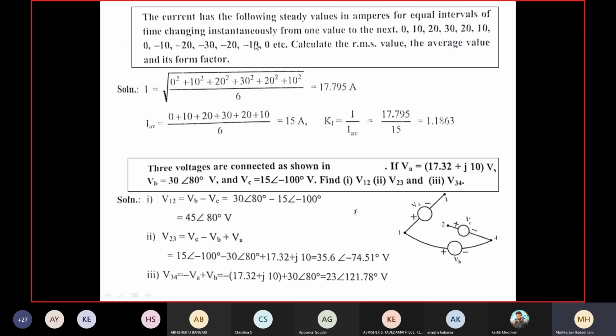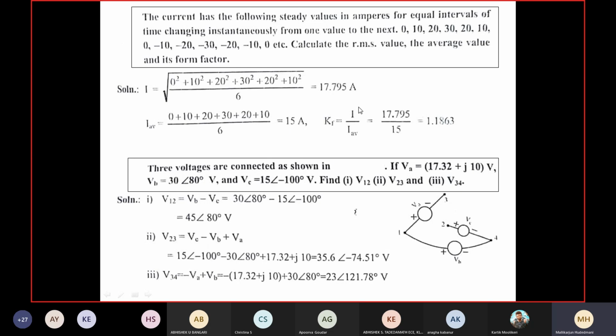So you have taken a complete cycle, but they have taken how much? Half cycle. 0, 1, 2, 3, 4, 5, 6, because there is a 0 here. So stop here. 0, you begin. Next 0, whenever it comes, stop. Before that, count them: 1, 2, 3, 4, 5, 6. 6 numbers we have taken. Square them, add them, divide by 6, under the root. That is RMS. Add them directly, divide by 6, that is the average.